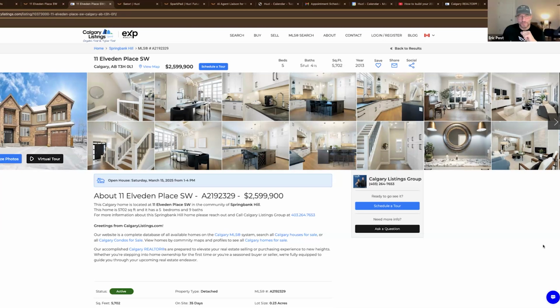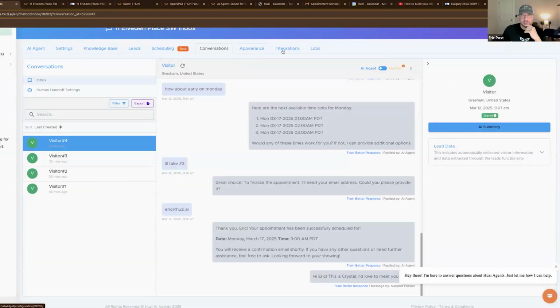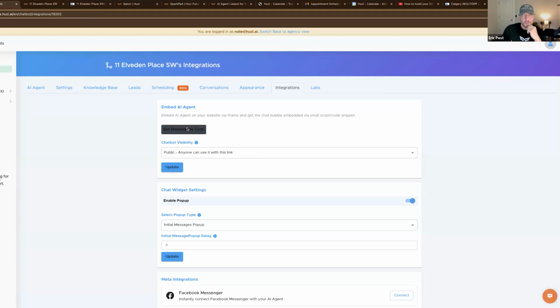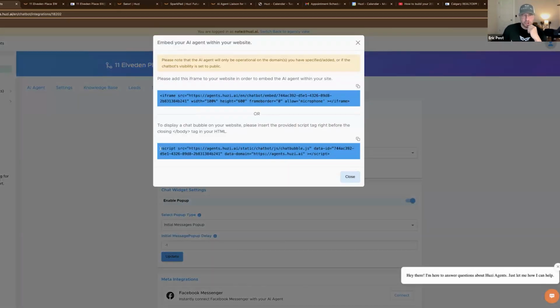So I'll do it again, just to be really, really clear, because this is a great use case. Any website that you're able to embed code in, so many single property websites, Follow Up Boss websites, Squarespace, Wix, all of these websites have the ability to embed the code. Your AI agent produces the code right here. So you would just have to copy and paste this into your single property website where it allows you to